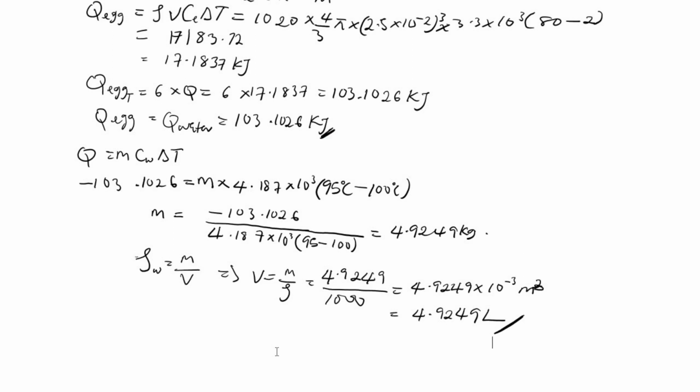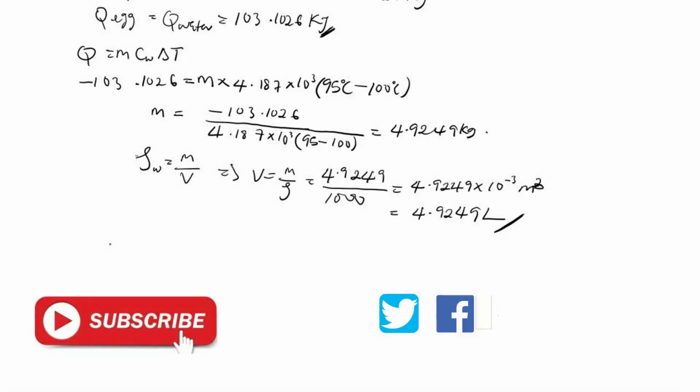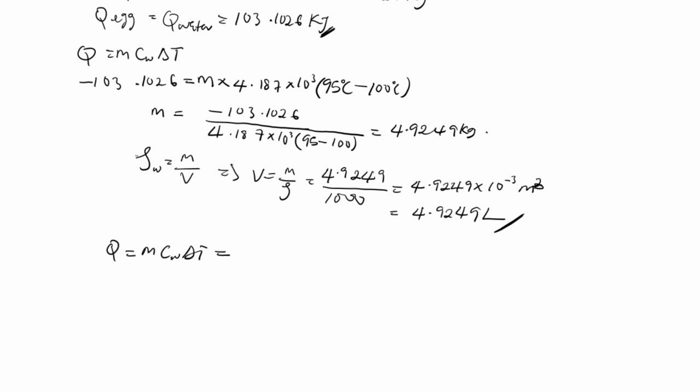So since the volume of water changes when the temperature decreases to 95 degrees Celsius, we can obtain the heat that will be available for the eggs to cook the maximum number of eggs we need to calculate. So our Q for water is equal to m c of water delta T. So this is the same thing as, the mass of the water, which we calculated initially, is